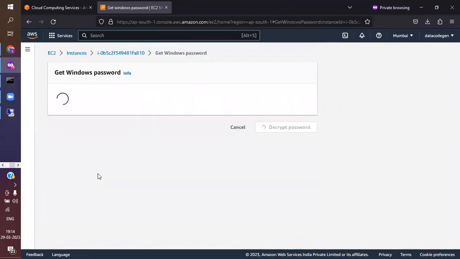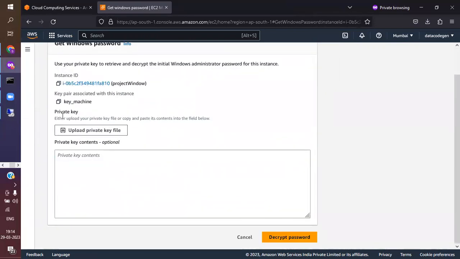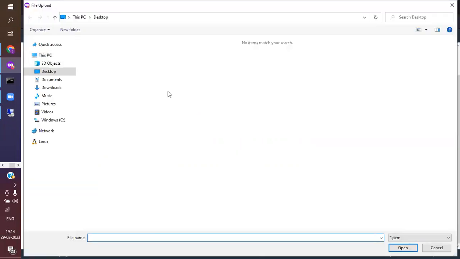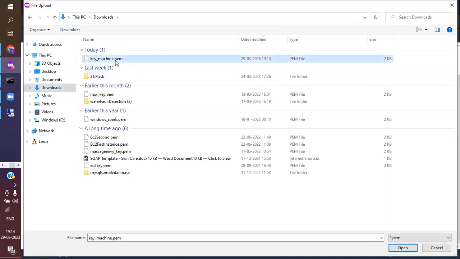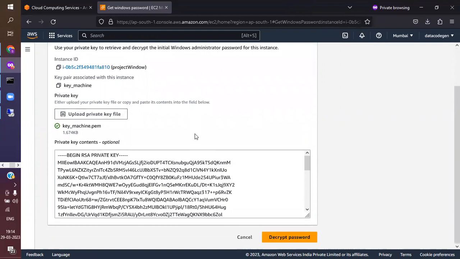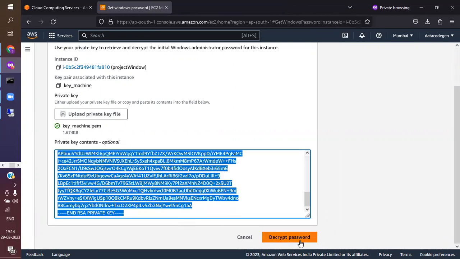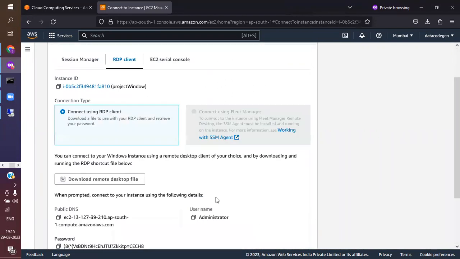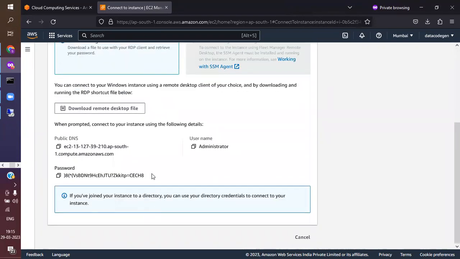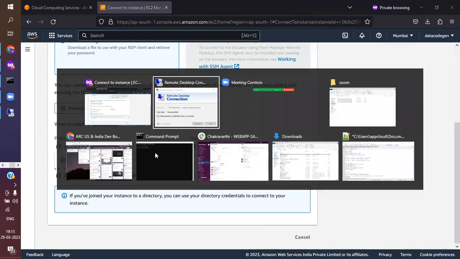Just click on this get password, and then you can see the upload private key file button. Click on this and browse to the key pair that we have downloaded. So I'm connecting that, and this is the encrypted password. You need to decrypt the password. Just click on decrypt password. So the password is generated now, just copy it and paste it here,